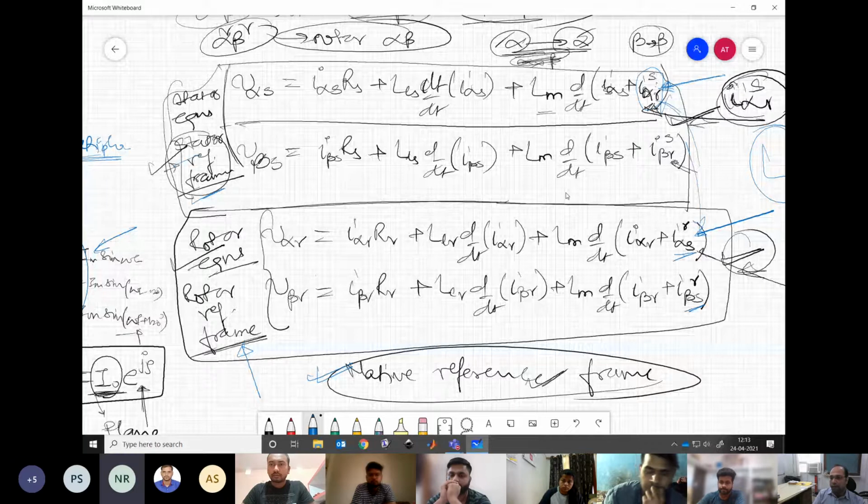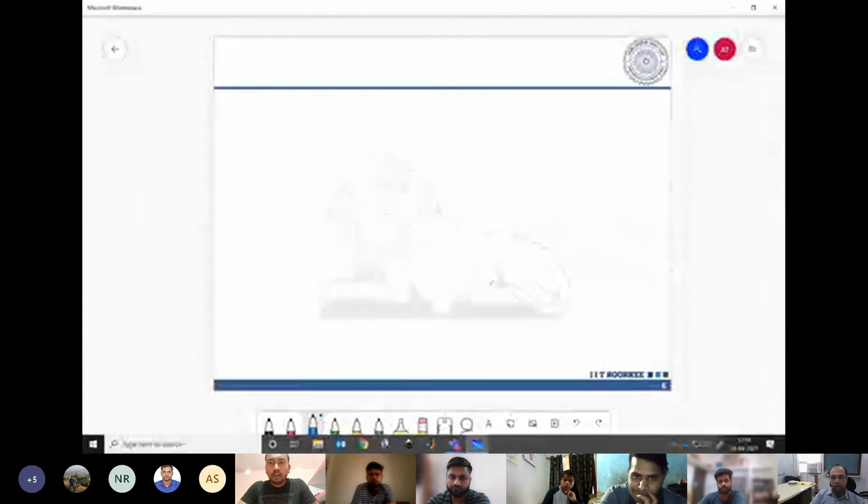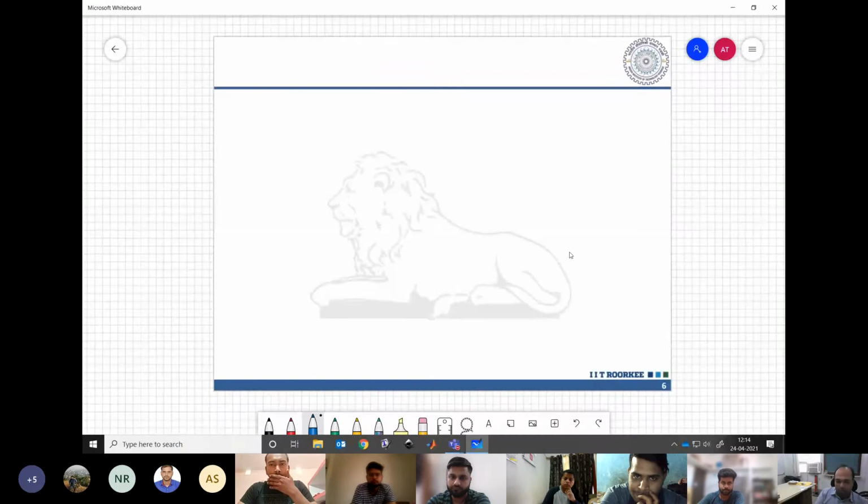So your reference frame has changed. You very well know what the rotor current is in the rotor reference frame. I can say, okay, this is IR. But when I change the reference frame, I have to define IR in terms of this reference frame now, the stator reference frame. So that we will see now, how we are doing it. Any confusion, please ask immediately, because these are a little bit involved things. If you miss a point, it may be difficult later on. Now we have given two reference frames.